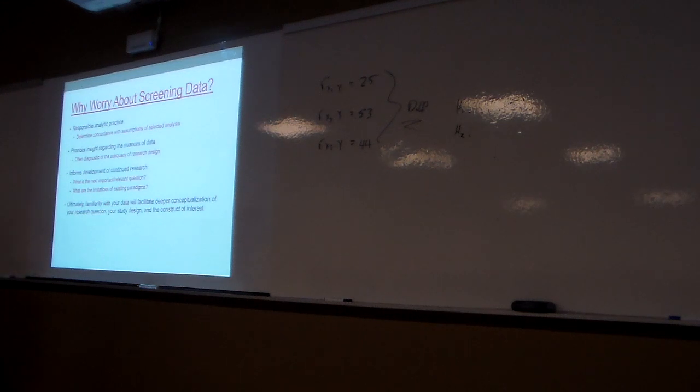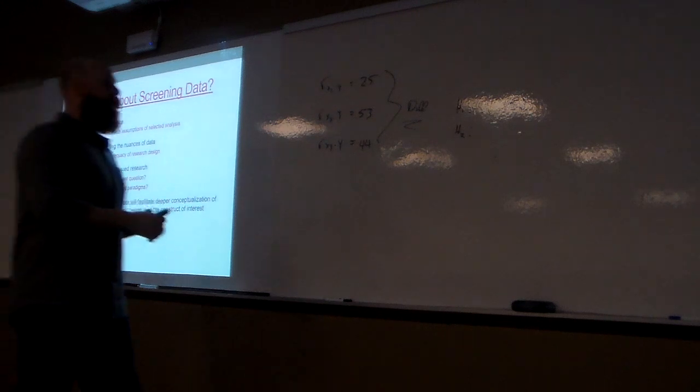Again, when we're calculating these test statistics, this says under these conditions, this test statistic will follow this distribution. And if I start to violate those, I still have a test statistic that follows a distribution. I just don't know what the distribution is of that test statistic. And so I start applying the probability of obtaining this value under these conditions, but all that starts to fall apart, right?